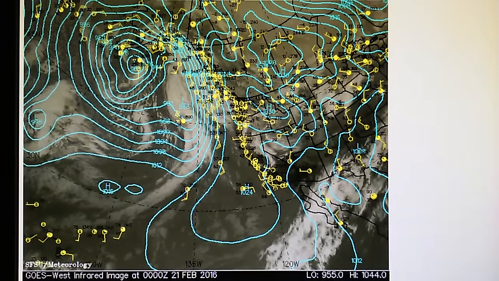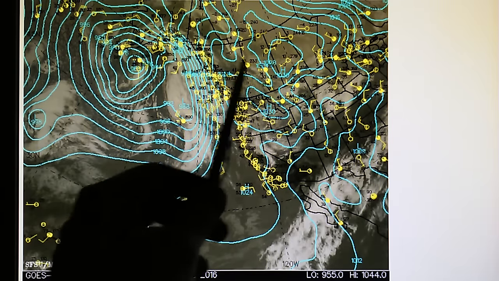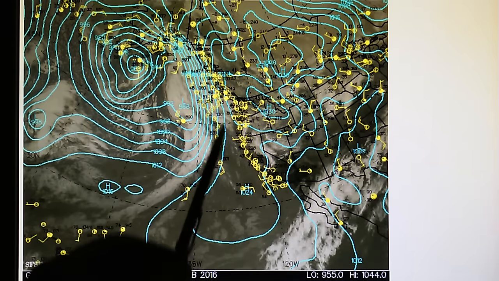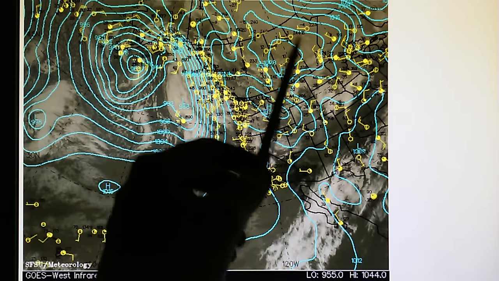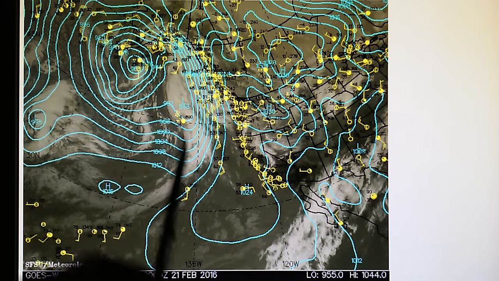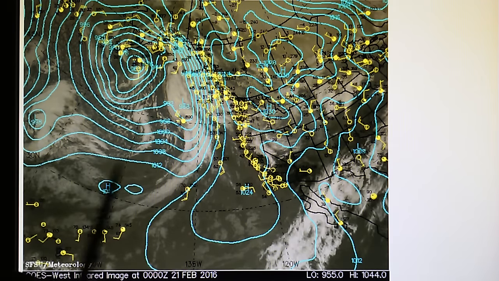Okay, today is February the 20th, 2016. We're watching the sea level pressure analysis map today, and we notice that this high pressure has gotten much bigger today. So this has been installed in place. This is a stationary high pressure right off California and extending all the way up into Canada. That's going to block all of this low pressure weather out here as it moves towards the west